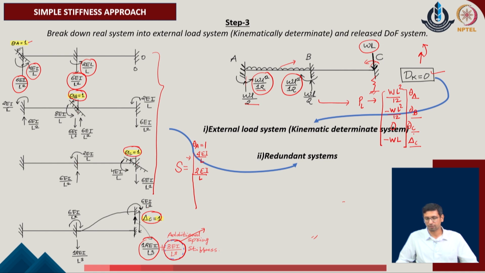So, over here we have considered the delta C contribution, which is considered with respect to any of the member forces with respect to which the fixed ended reactions will be obtained. So, WL square upon 12 and WL square upon 12 with the negative sign has been identified, but with the direction of the component at the joint C, we have considered theta C component being 0, whereas delta C was considered to be of the amount WL, which was with respect to this given load.